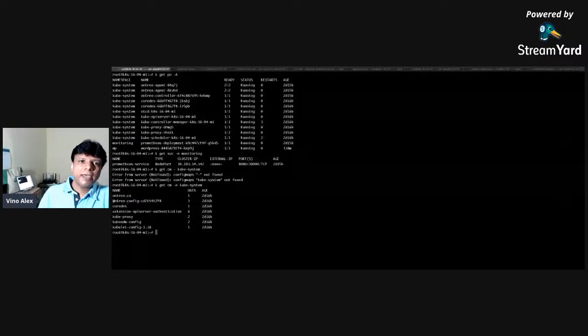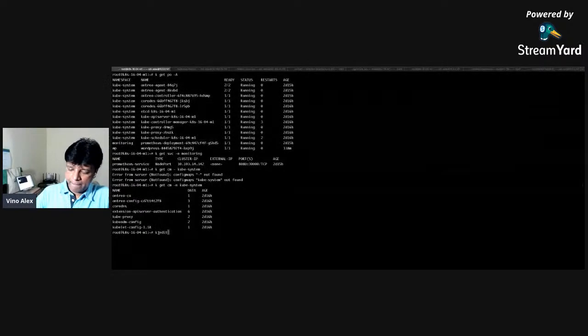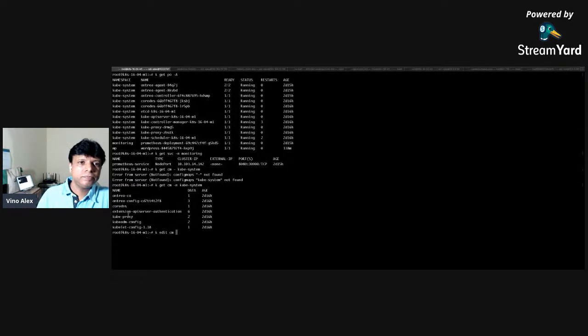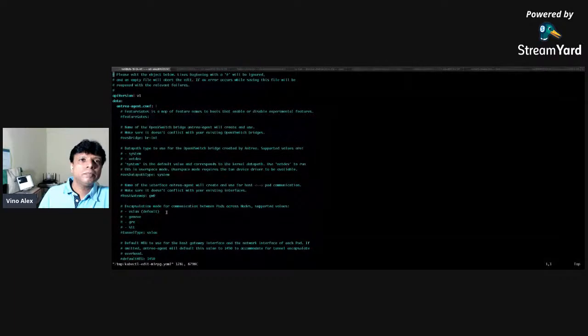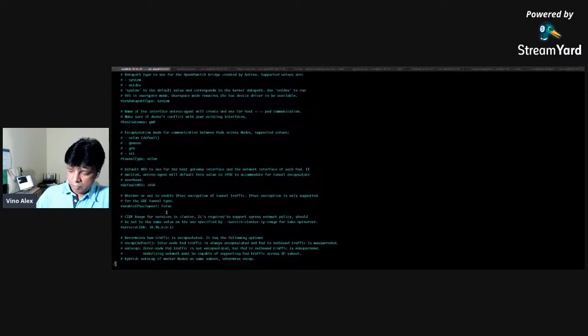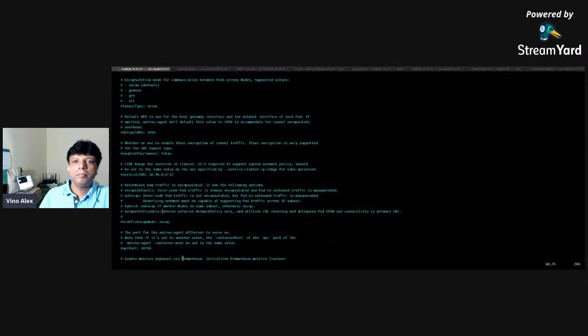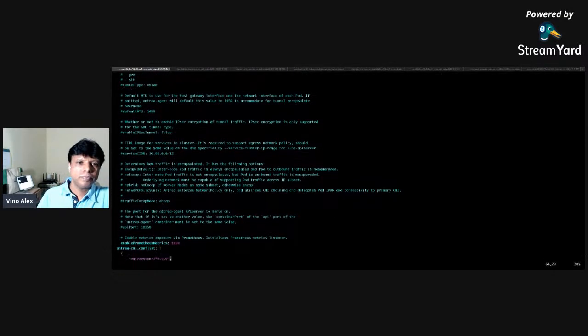So you can see the config, the Antrea config map. So this is the parameter I told.